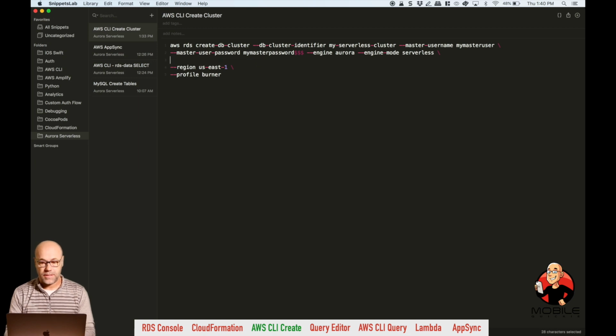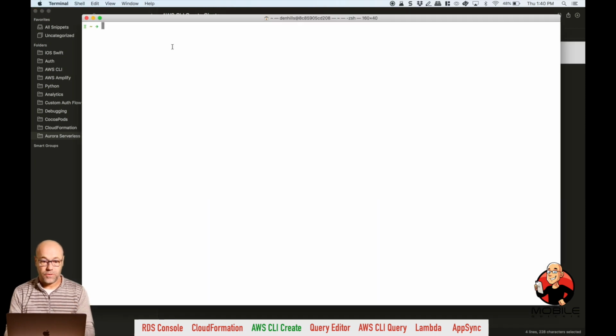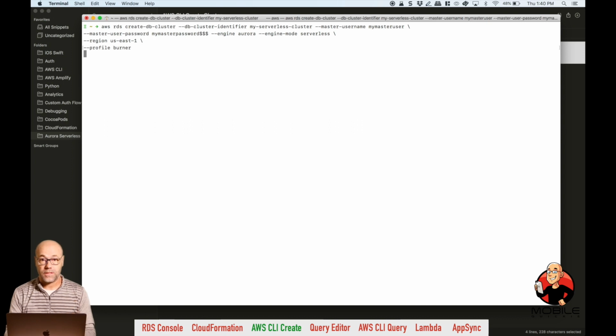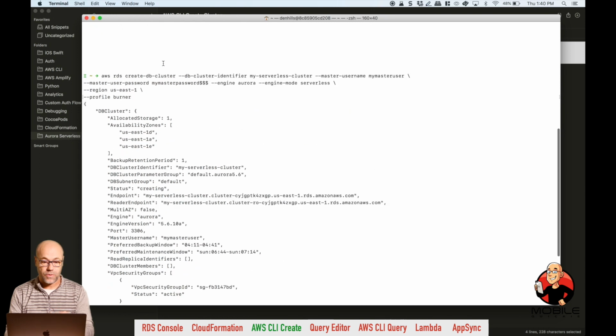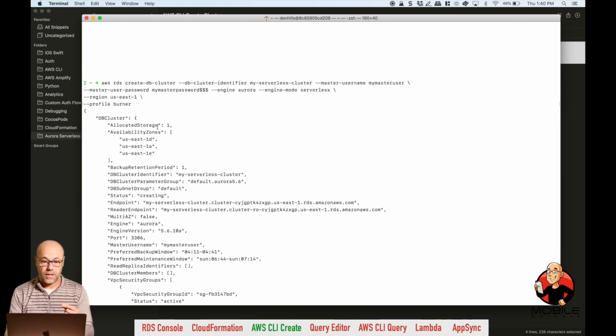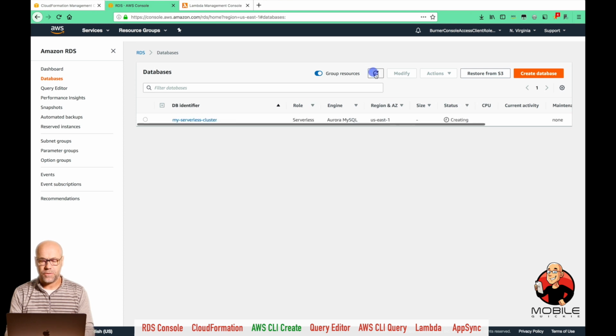Now I'm going to take away this HTTP data point because we're in beta and that's not available yet. So copy that out, and then we'll paste it into a terminal, and this will automatically create a new Aurora Serverless cluster. Now, we don't have the data API enabled yet, but once this is created, we're going to go into the RDS console here and then refresh it. We'll wait just probably a minute or two, and once that status says ready, we're going to modify this and